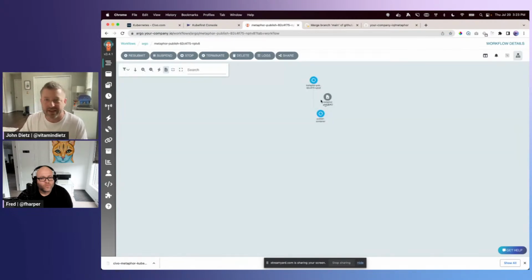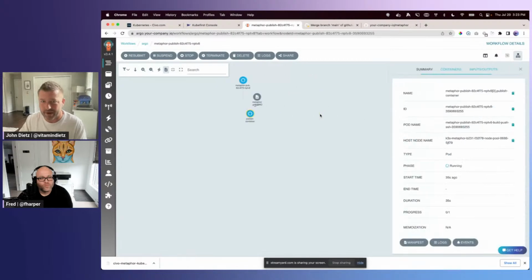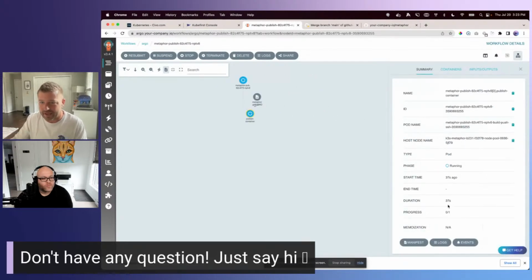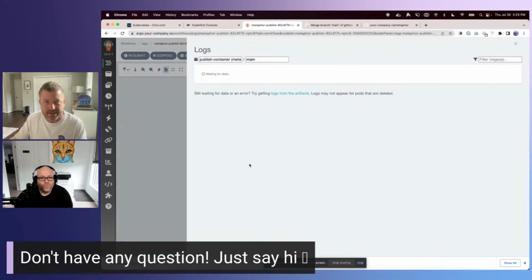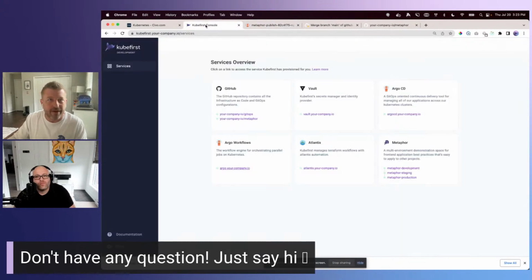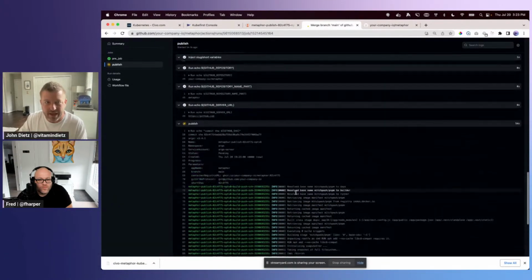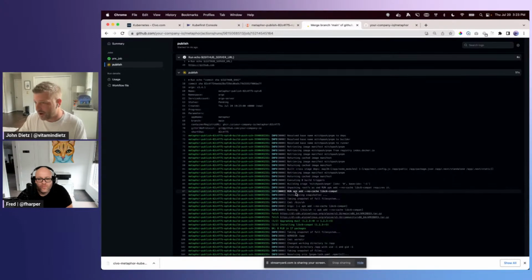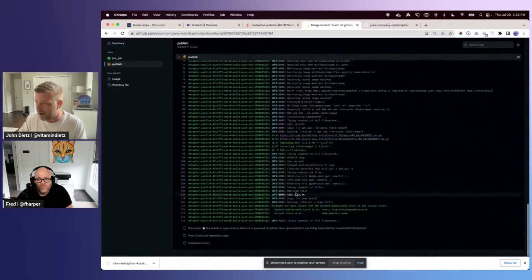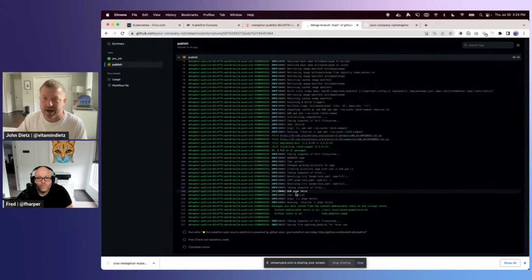And if you take a look at this, you can see that there's these tiny little individual containers that are doing these tiny little tasks like publishing a container. And if we look at the logs from this, we'll wait for that. Let's take a look at it from a GitHub standpoint. Down here, you can see that the feedback of what's happening in the Argo workflow while it's building the container, publishing it, delivering it to dev stage prod, all that information comes back here into the developer's ecosystem.